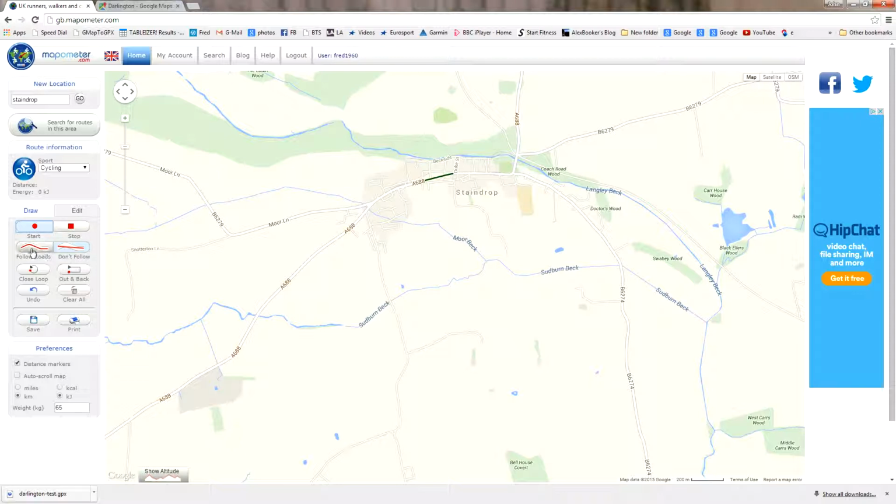We've got two options. We can use follow roads or don't follow roads. In this case we want it to follow roads, and what it will do is create a route from a start point to an end point and follow the roads. Because it knows you're cycling, it follows cycling suitable roads. It won't take you down a motorway, but it does tend to stick to the A roads, or the most direct route. But anyway, I've hit the start button, I've hit draw, and I want to start my route in